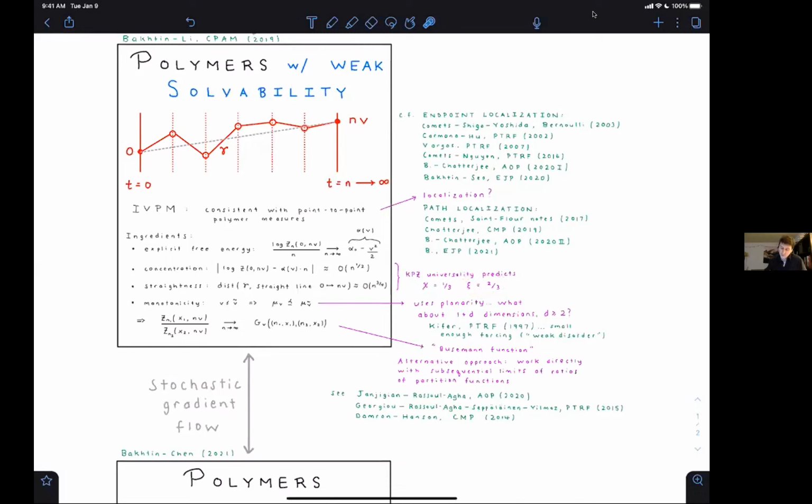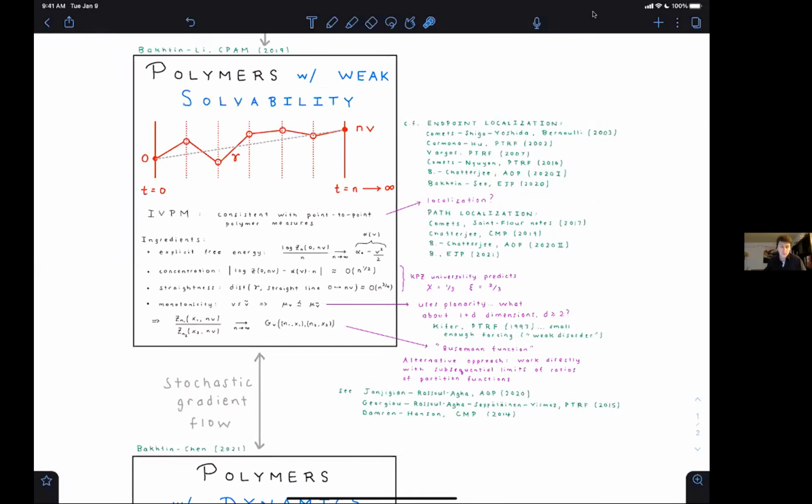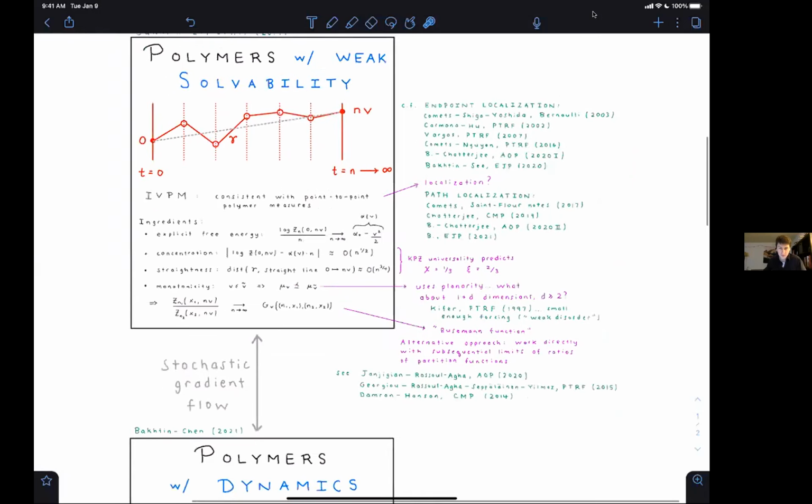And we know certain results to this effect. It's well known in the endpoint localization. It's kind of starting to be established in the pathwise sense. But in all of these cases, it's not dealing with infinite volume, it's dealing with finite volume polymer measures. So there's an open problem there that's very natural, which is to pursue all these localization questions in the infinite volume setting. Okay. So a lot of interesting problems from the random growth perspective.